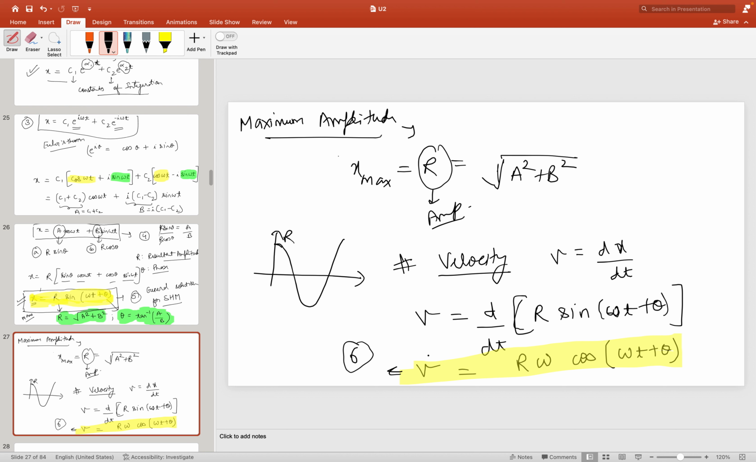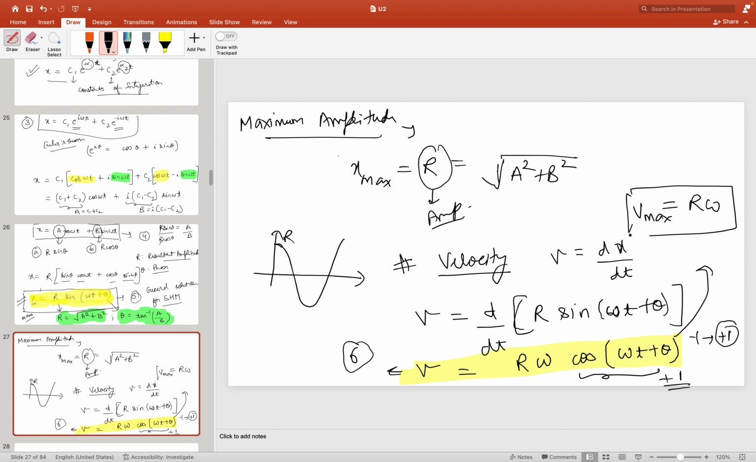Now for the maximum value of velocity, obviously the cos value varies from -1 to +1, so we can take it as +1. Okay, and so from here we get to know that the maximum value of velocity is actually equal to R times omega. That is equation 7. Okay, and then